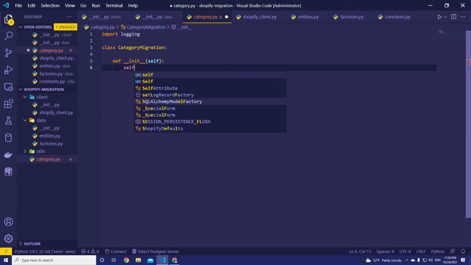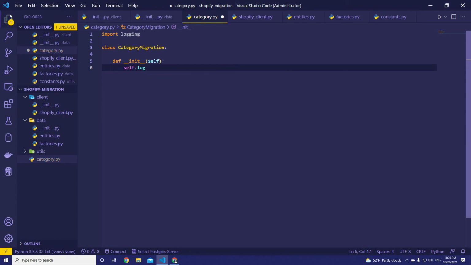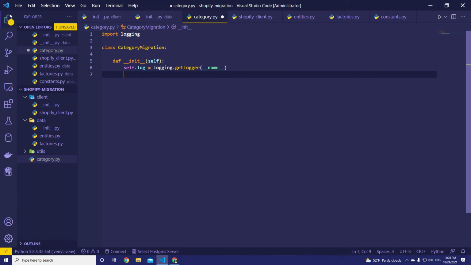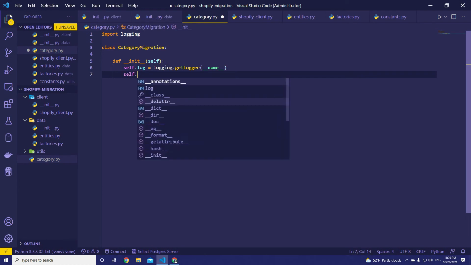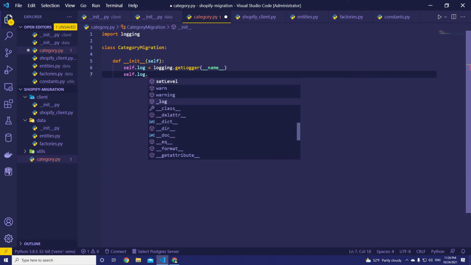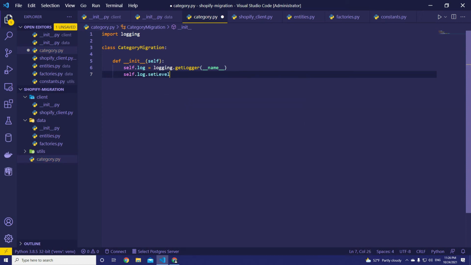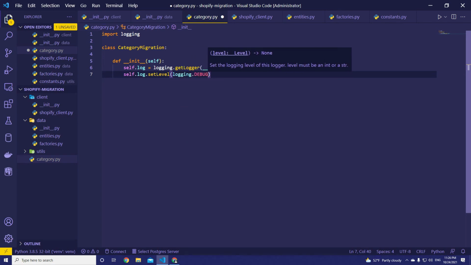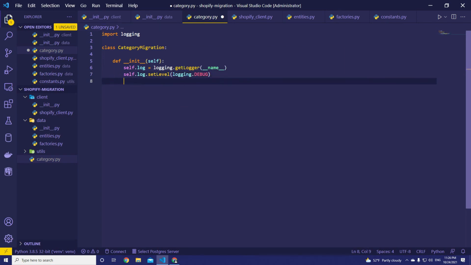So to initialize logging, self.log is going to be logging.getLogger and name. We have to set the level as well, otherwise when we call log info, it's not going to show us anything. To fix that, we have to set the level for it. The level is going to be logging.DEBUG, so we can see the info. And then